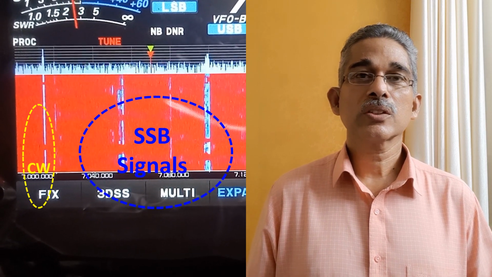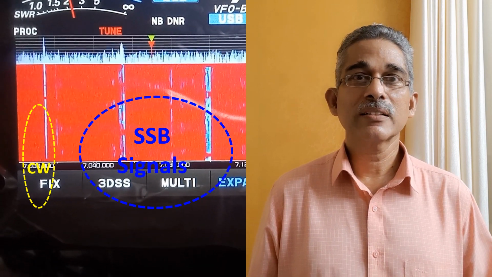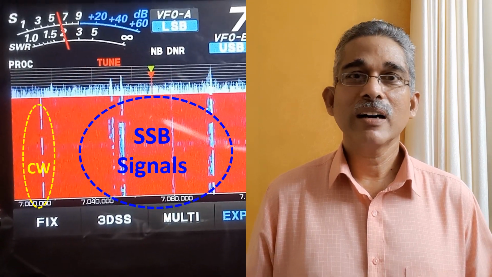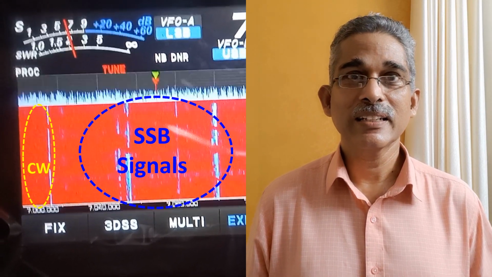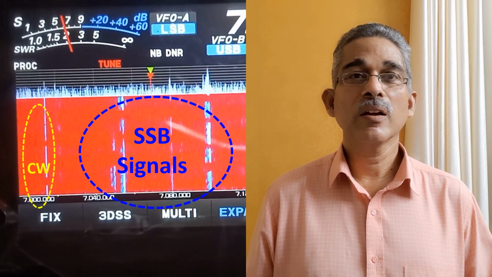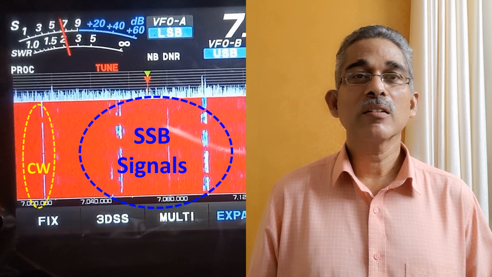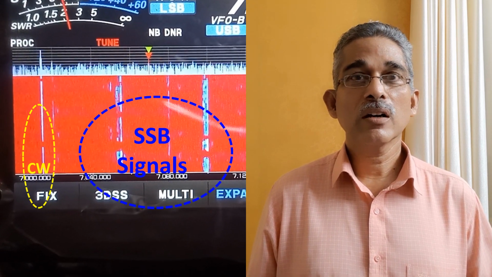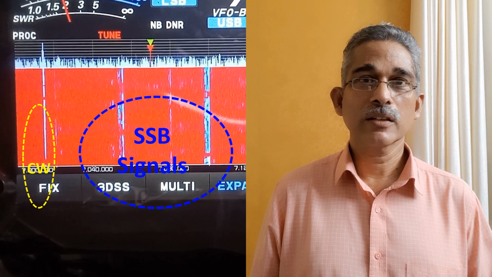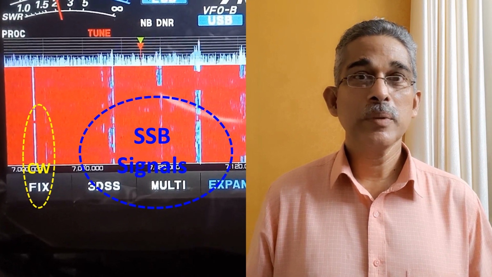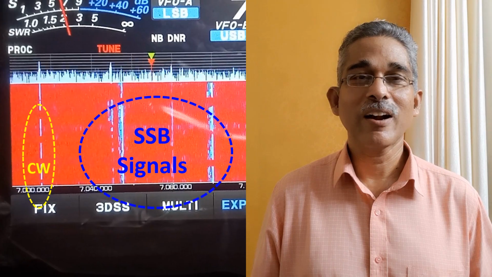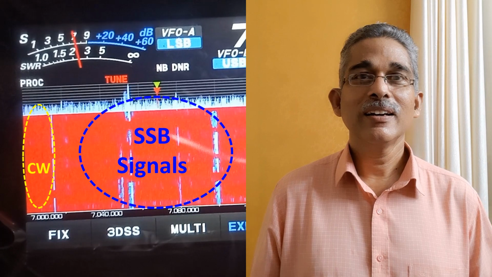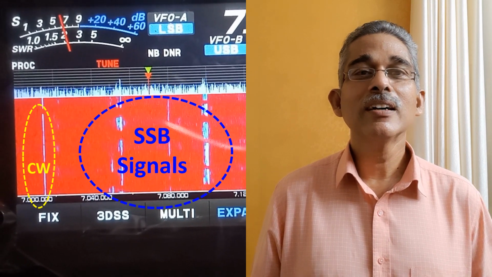Of course, in monitoring the waterfall alone for signals, there is a caveat. That is, you may not pick up very weak signals on the waterfall display, especially weak DX signals may not be seen on the waterfall. It also depends somewhat on the sensitivity settings of your waterfall. If you have kept the waterfall very sensitive, you might pick weaker signals also. But for me, with a limited setup of a wire antenna and only a 100-watt radio without any linear, what I found is that I can only work signals which I see well